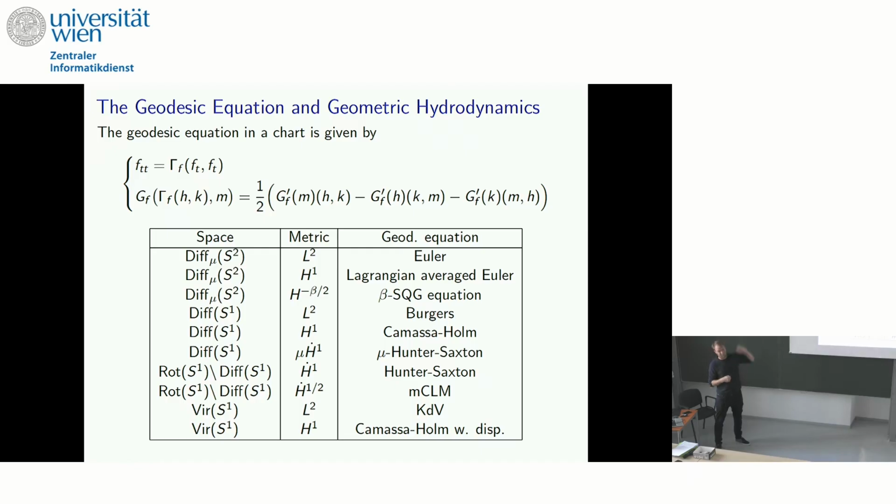I can always express the second line, but I may not be able to extract an explicit formula for gamma if G is not a strong Riemannian metric. In other words, you have to show that the right-hand side takes values in a smooth dual, which is the image of the tangent bundle under the Riemannian metric, if you want to show that the geodesic equation exists. What would be a simple example of a geodesic equation that does not exist? Take the Riemannian metric that I showed you on little L2. It's a two-line calculation to show that this will have no geodesic equation, in the sense that you cannot explicitly express it because it will not make sense.